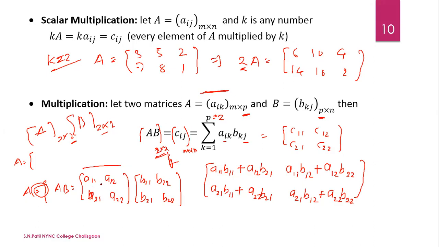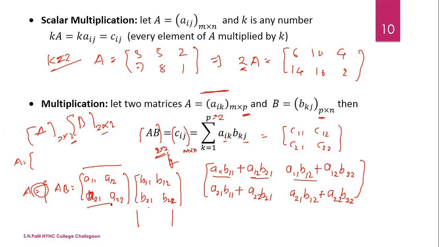That is A1 1 into B1 1. That is the multiplication of first position. Now second, A1 2 into B2 1. See in this way, that is first row is multiplied to the first column. Now first row is multiplied to the second column. See here, A1 1 and B1 2 plus A1 2 into B2 2. Okay, finish.